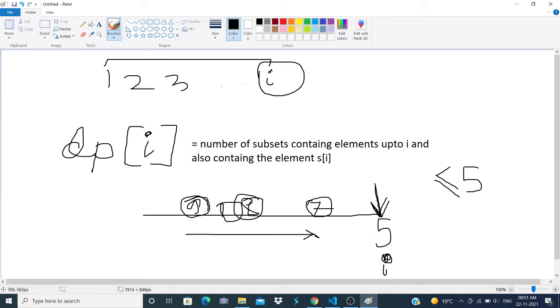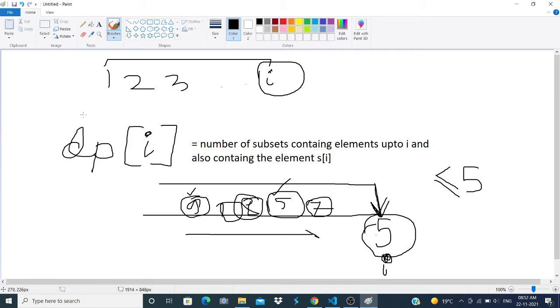But since we already have an element greater than 5, the guest will simply take that, yet you are saying you are not including it. So it is not possible to include the slipper at position I without including any slipper to the left of I with size greater than S of I. If you are including 5, you must also include all the elements to the left of I with size greater than or equal to this. Even if it is 5, you should include that too.